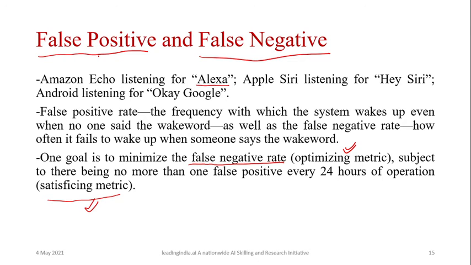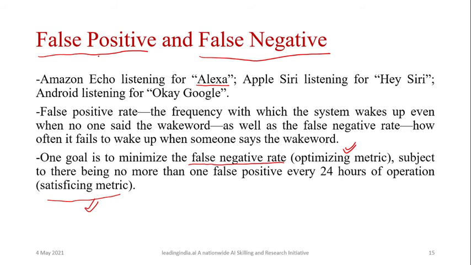With this, we have seen that when you have multiple metrics in hand, one metric or a few metrics will be the satisfying metrics. If your model is not satisfying them, then your model is useless, even if it is giving very good results on another metric. So once you make a model for a particular application, you have to think about which is your satisfying metric and which is your optimizing metric. Let me take another example.